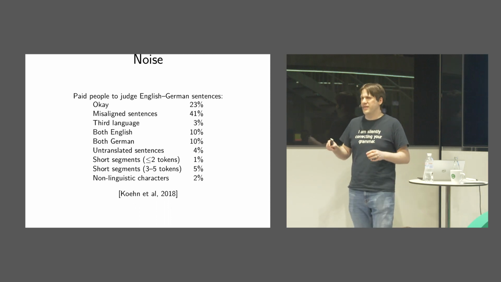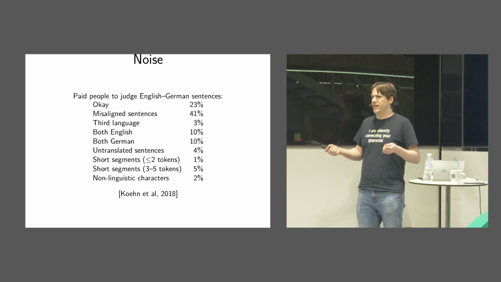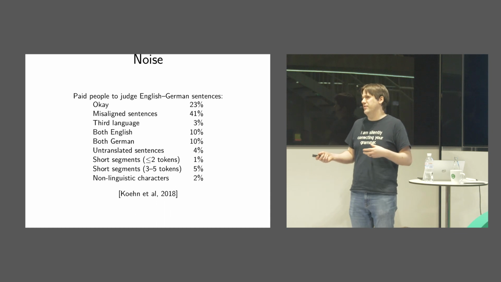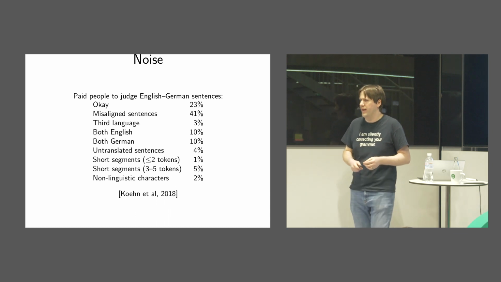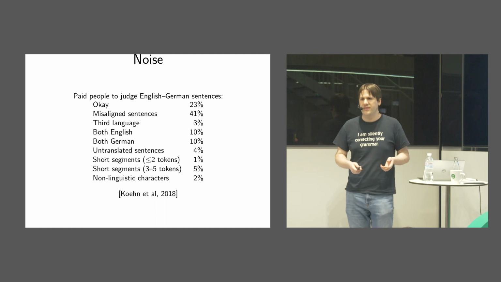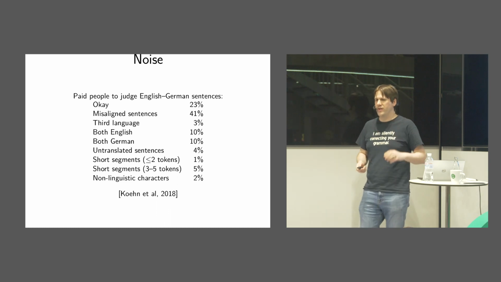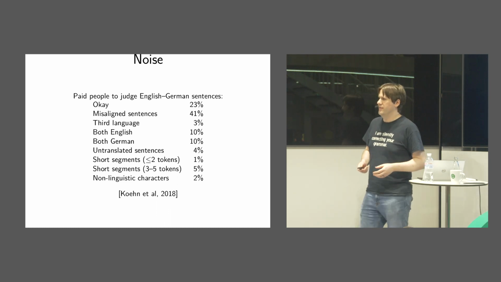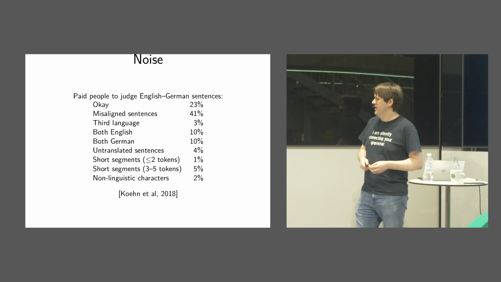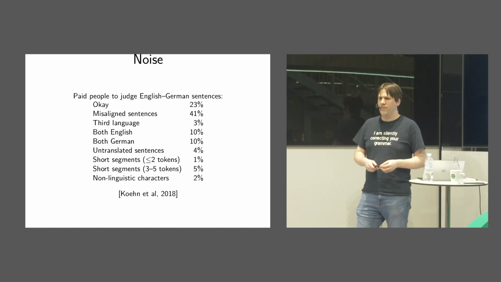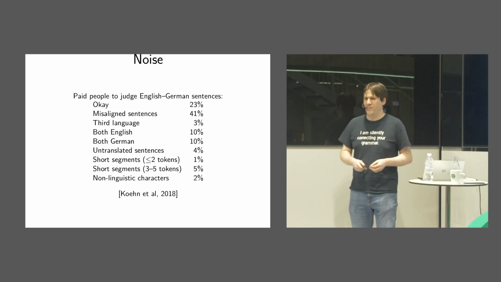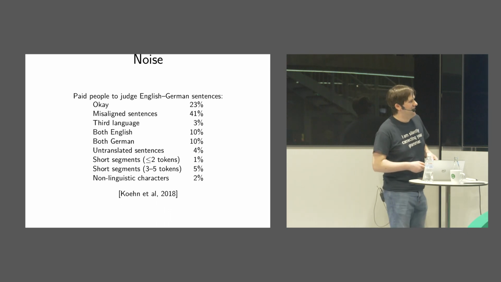Or you get things that are sort of translations, like it's English on both sides, but it's not German on one side, and that could be bad because then we're training our system to just copy German to German instead of actually translating if we throw that into the corpus. Also, non-linguistic characters is an interesting category. We're not really sure what to do with strings of emojis right now, but they're in our corpus.